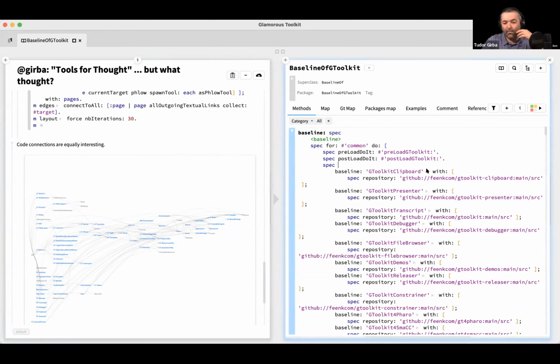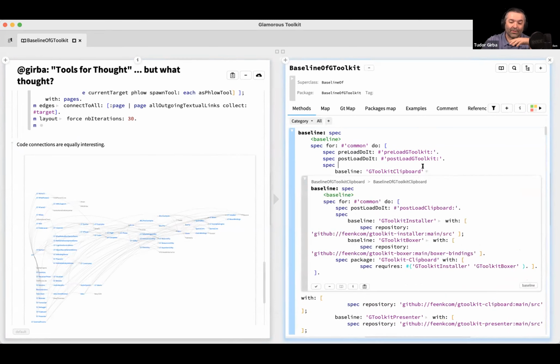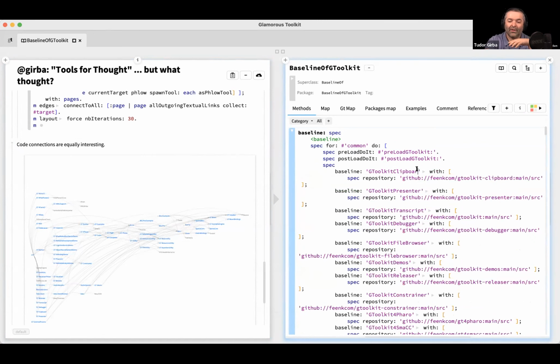And so here, for example, we have the specification of what code should be loaded when we load Glamorous Toolkit, and then we can go and browse that one. And this is actually a live editor over here. And interestingly enough, it has completion inside strings, because even there is no single perspective. There is no single way to look at anything. Any representation of knowledge is never enough. There's no unique way of looking at anything. And code is just a way to represent knowledge.